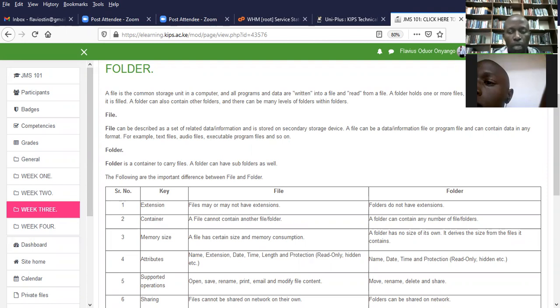If I have all those files on the desktop, I can go ahead and create one folder on the desktop, and I'll call it my desktop files. After doing that, I move all the files to that particular folder.